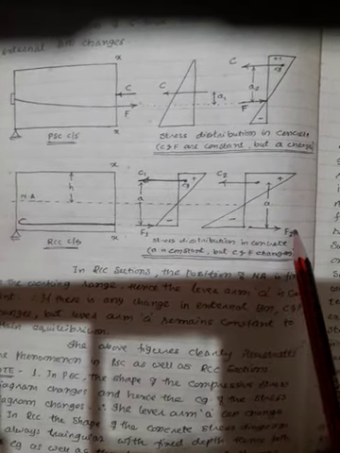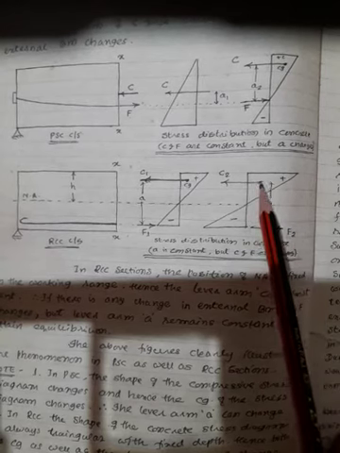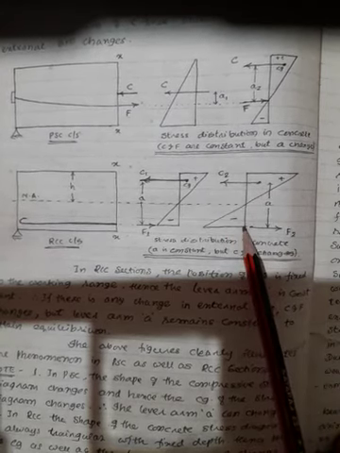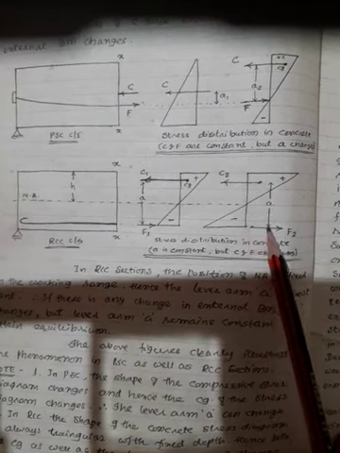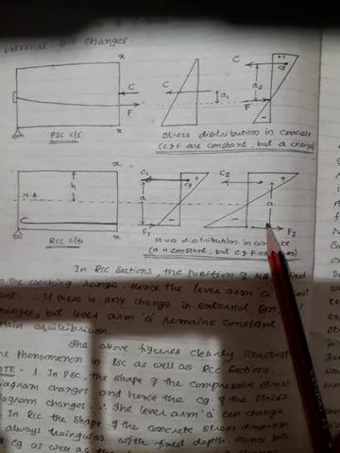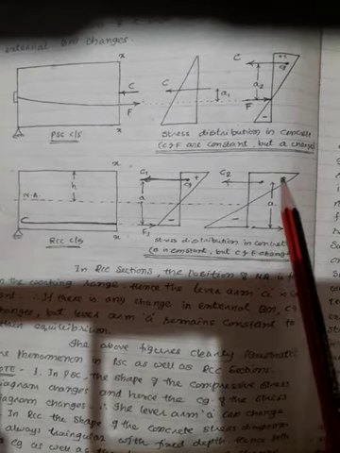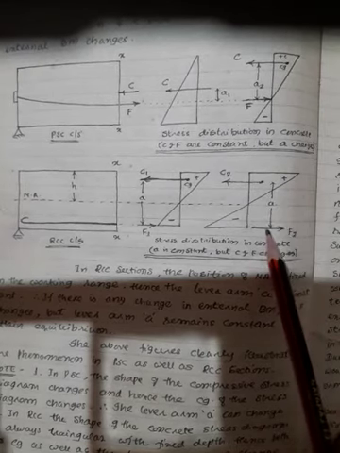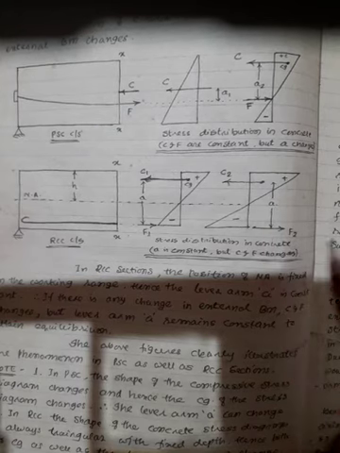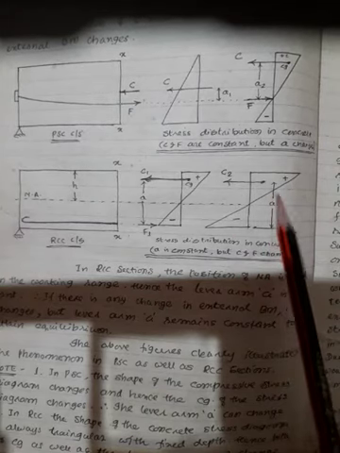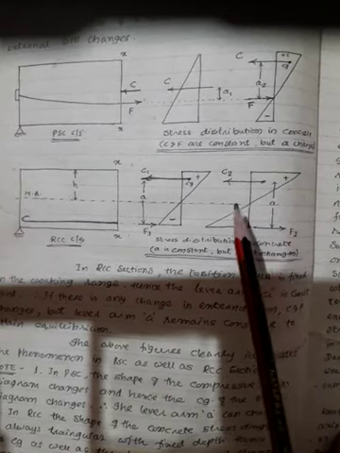Now, because the total compressive force is going to increase, your F2 force is also going to increase. But you see that the lever arm remains the same. The lever arm is A only here in case of your RCC. The lever arm will remain the same. So F2 into A or C2 into A will give me the moment of resistance.